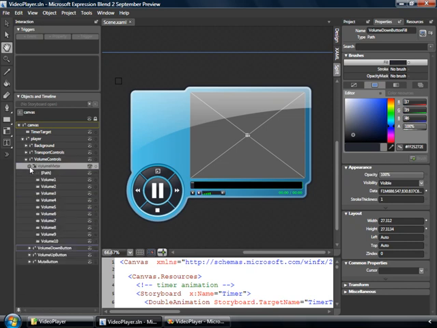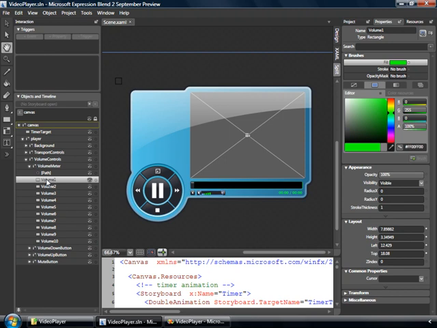Also note the volume meter canvas. We have 10 volume segments. You'll notice these right here as we're selecting them, all named volume 1 through volume 10. We'll use these to display the state of the media element's volume property. Back in Visual Studio,